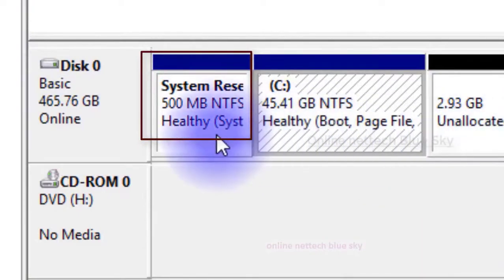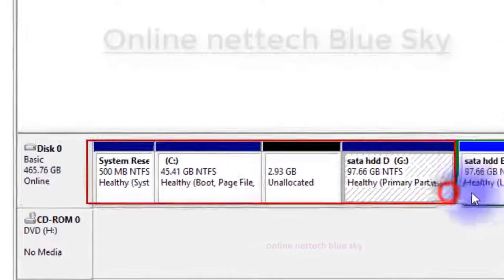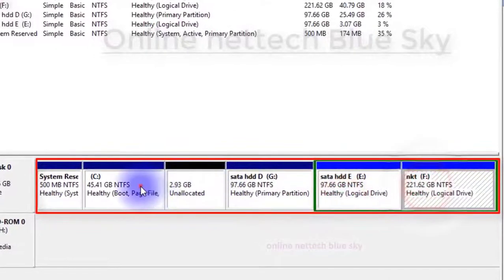You can see different types of partitions. I will discuss what a partition is in some video, but today I'm just showing you.